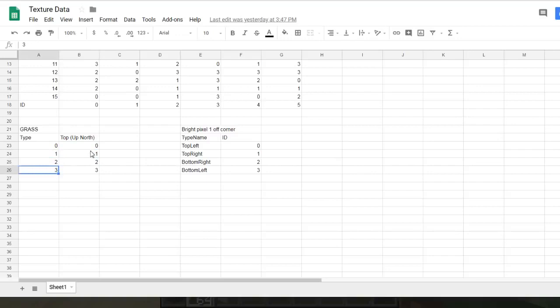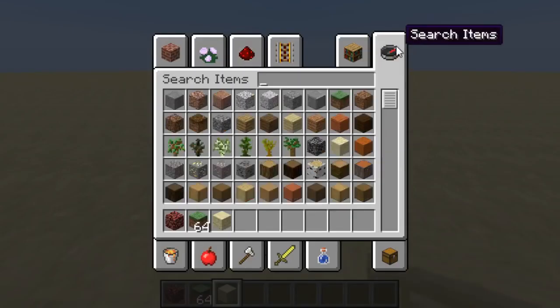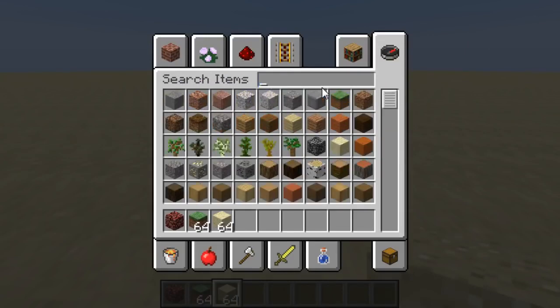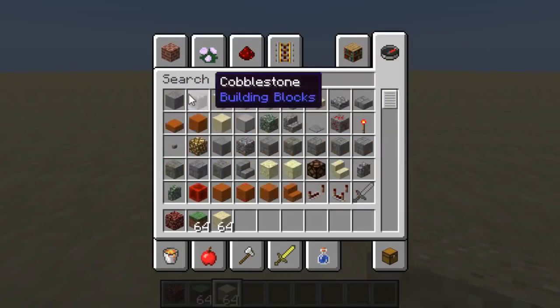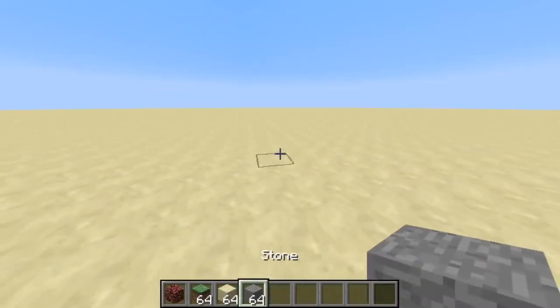So for grass, it's quite a bit simpler. But what other blocks does this work for? It turns out we can also do blocks like sand and even stone. But I don't have any